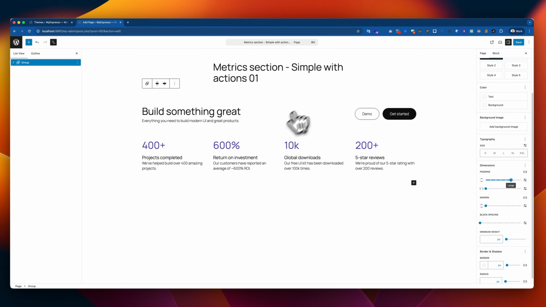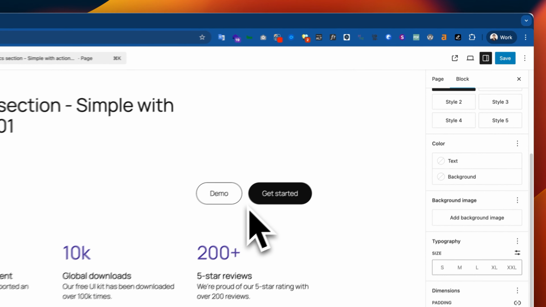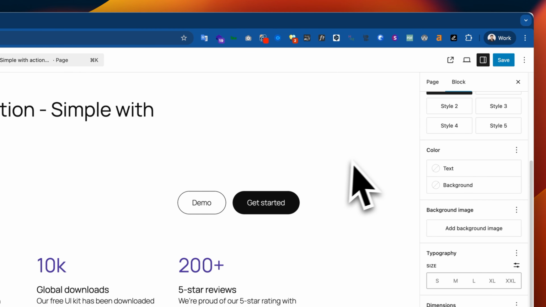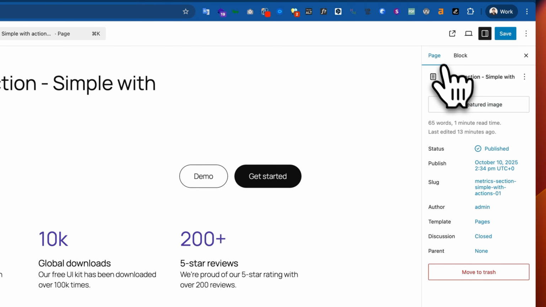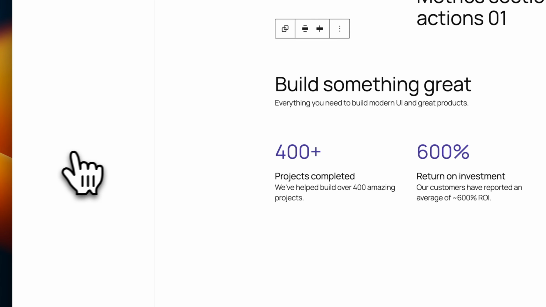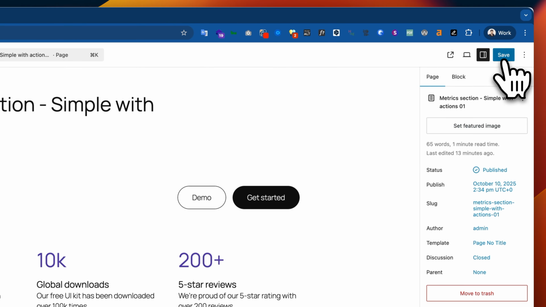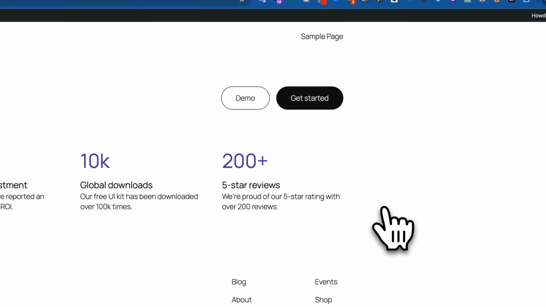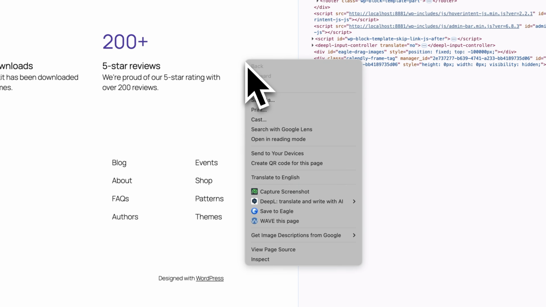Okay. So we basically rebuilt that structure, and one thing I want to show you is also the mobile version. If you don't want to see the title in the page preview, just click on page and go on template, change template, and just click on page no title. As you can see, that's pretty simple. I'm going to save and let's see how it looks. Okay, so now this is how it looks,